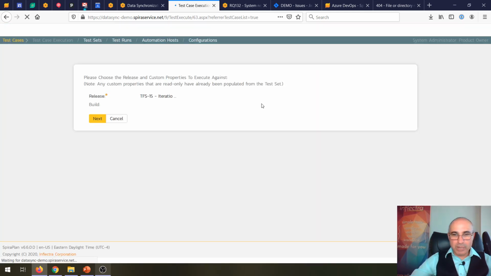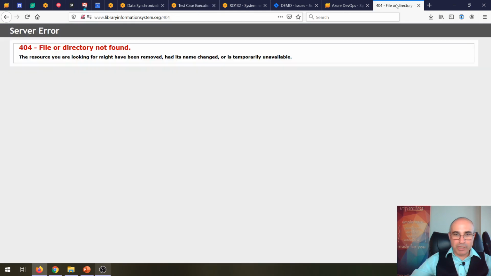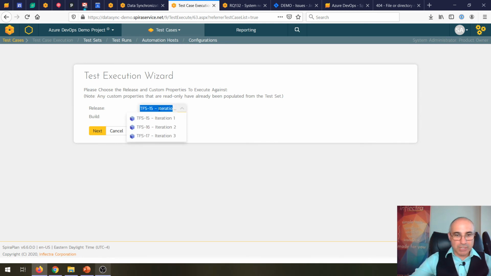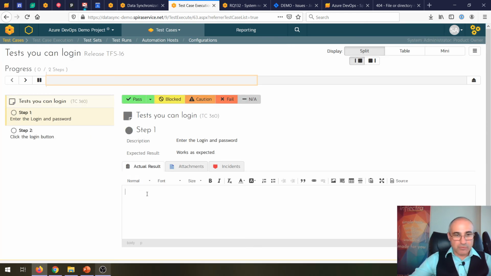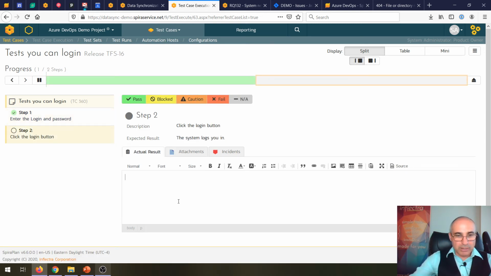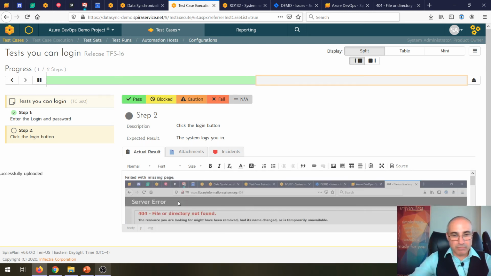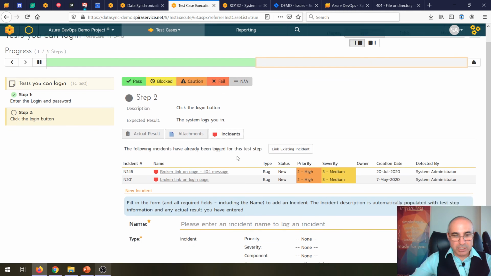And we're going to log a bug. And we got our 404 over here, which is really handy. So I'll take a screenshot again, and we choose these are the iterations that are in TFS. So I'll choose the iteration, hit next, and let's pass the first step, passed OK. Second step, click on the login button, failed with missing page. We'll do that again. So print that in, go to incidents,